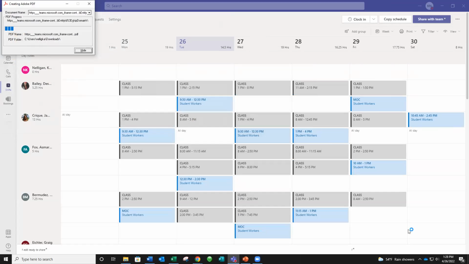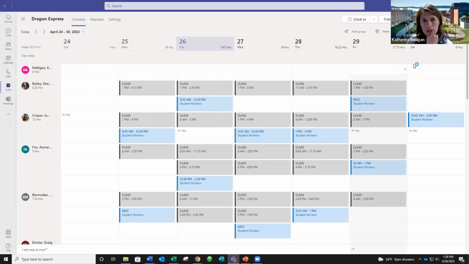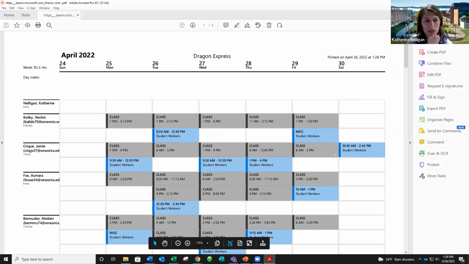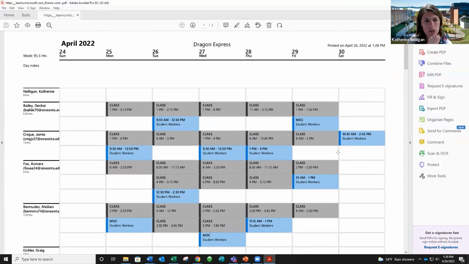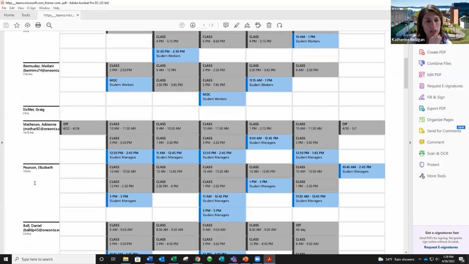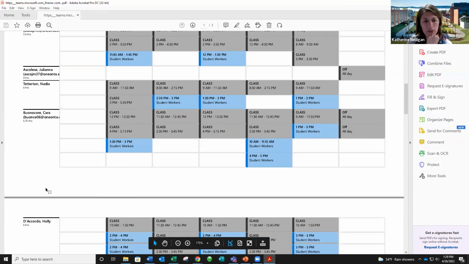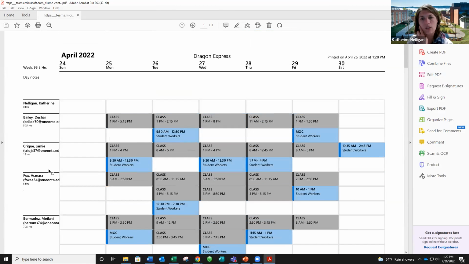I have the same question for printing. Can you change the view, such as remove the class and show only shifts? Yeah. That's what we're trying. Hopefully. Yeah, that would make sense. It's still downloading here, so let's see. That just removed the categories and made them alphabetical order, so that's kind of nice. It put the students in alphabetical order rather than by category of student manager, student worker. But there should be a way that you can make it